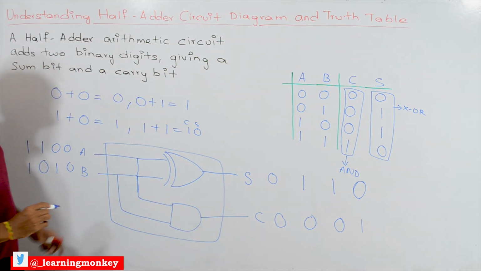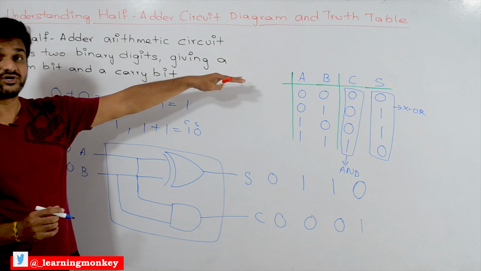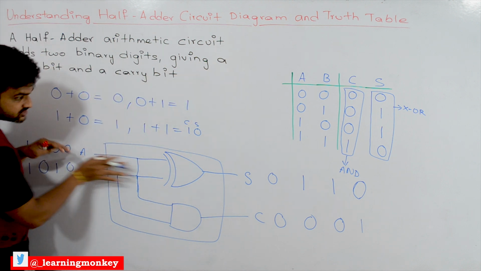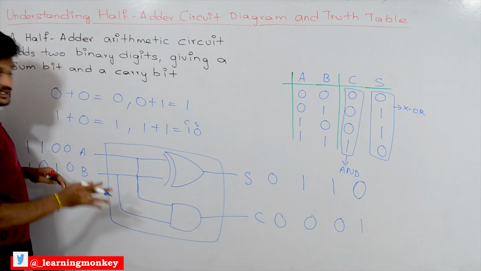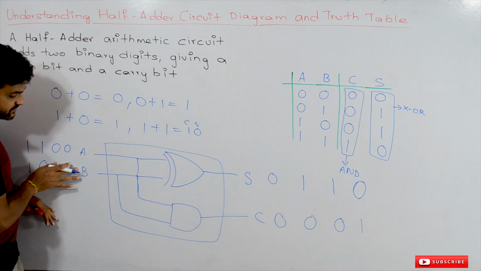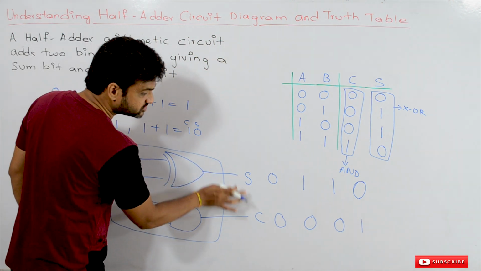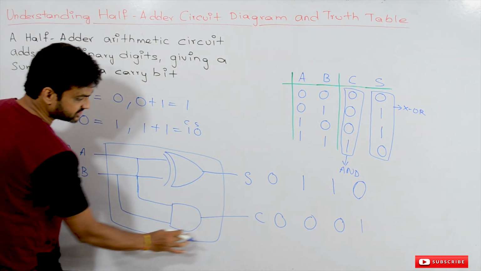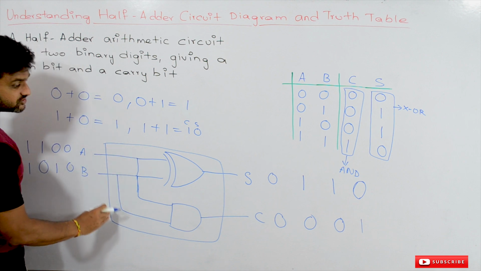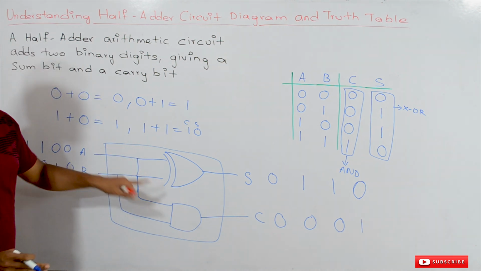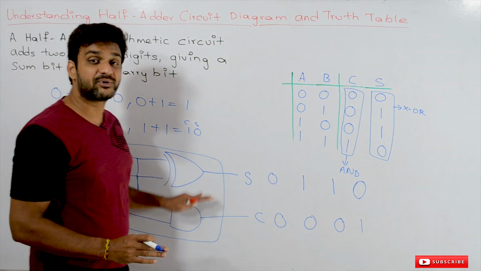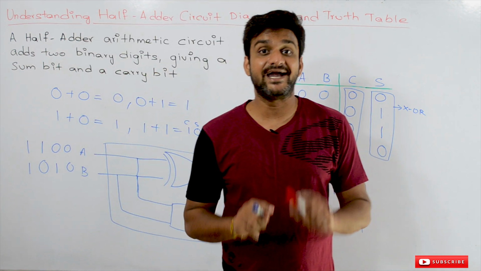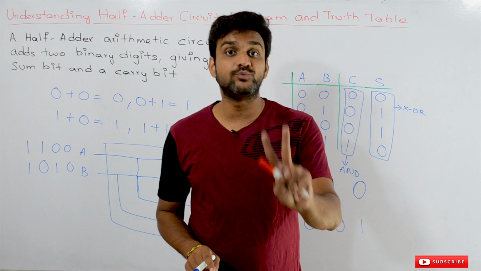We have seen the block diagram in our previous video, where a box has been designed and to it inputs and outputs are connected. These inputs are A and B, and the outputs that are produced are sum and carry. Within the box we have the circuit, which we call a combinational circuit. The operation done by this combinational circuit is addition. It is going to add 2 bits.